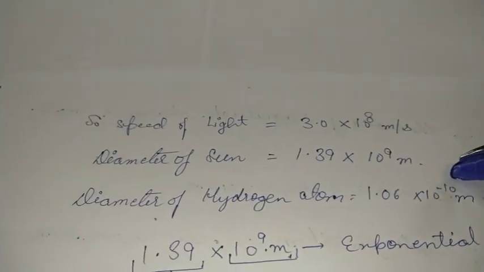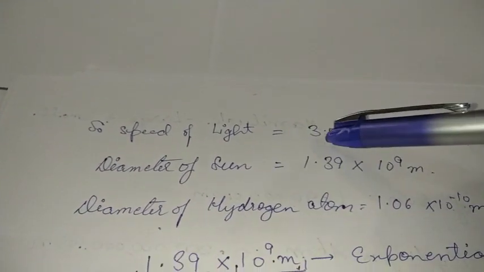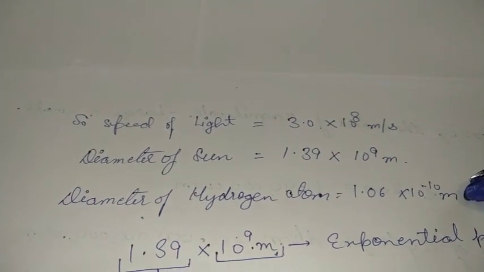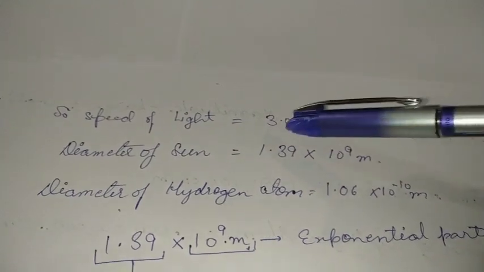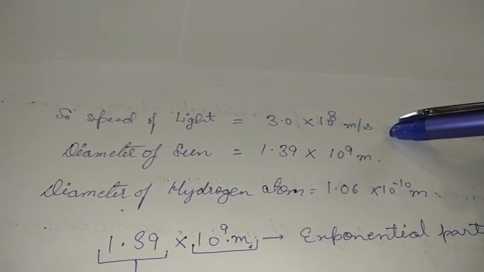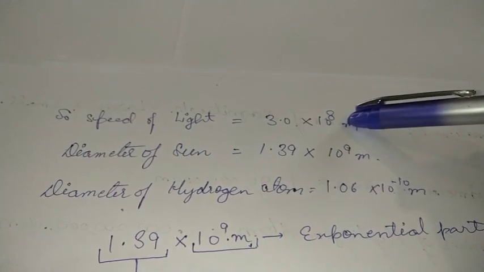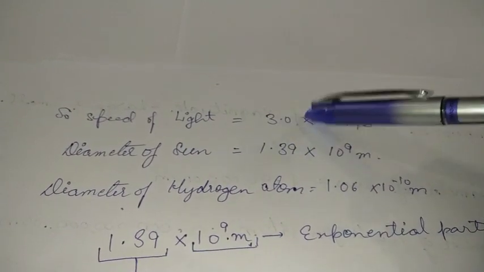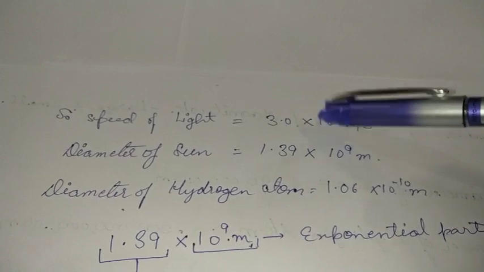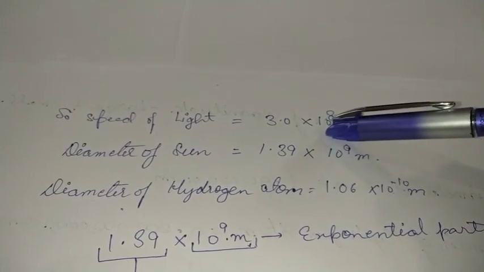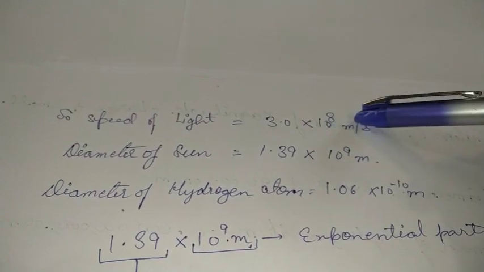Now what are these values? We know that the speed of light, we do not write it down as 300000000 meter per second. No, we write it as 3 into 10 to the power 8 meter per second. When we are representing it in meter, we can also represent it in kilometer, so again we use the very same form. In this form we can simply write a particular value in a proper notation, a standard form or proper order of magnitude.